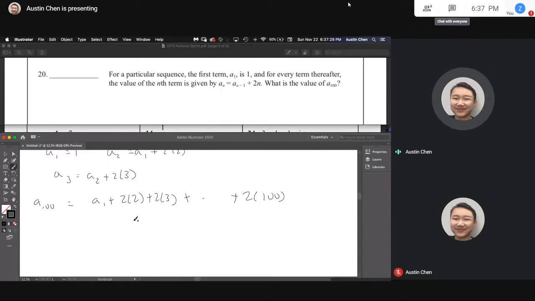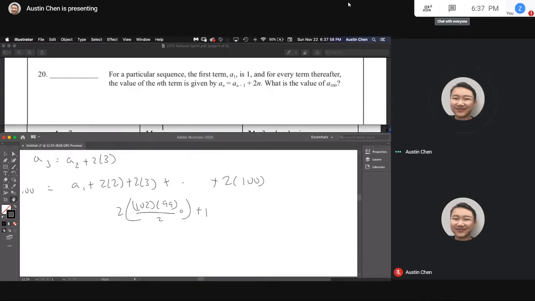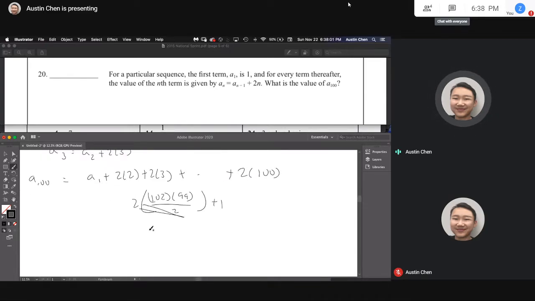So yeah, then we just have this sum, and it's not hard at all. This is just an arithmetic sequence. So the sum of 2 times all this to 100 is just 2 times the sum of 2 plus 3 plus all the way to 100, which is just an arithmetic sequence. So then that would just be 102 times 99 over 2. We're going to multiply by 2 because all of them are being multiplied by 2, and we add 1. So the 2's cancel, so then we just have 102 times 99,